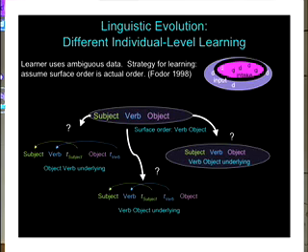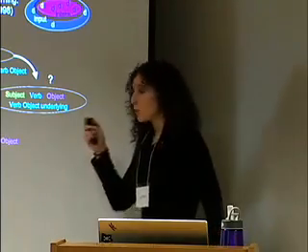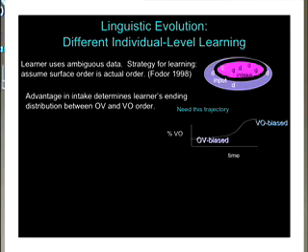So the question is, what do you do when you have ambiguous data? And the idea is maybe you just do a simple interpretation. The surface order is the order you want, right? Don't worry about movement rules. That's just what it is. Fine. So if you do that, then of course, again, we're trying to get this trajectory of object-verb bias before 1150. And since this is a learning-driven model, the distribution in the learner's intake is really, really important. It's what drives the eventual trajectory that we see.